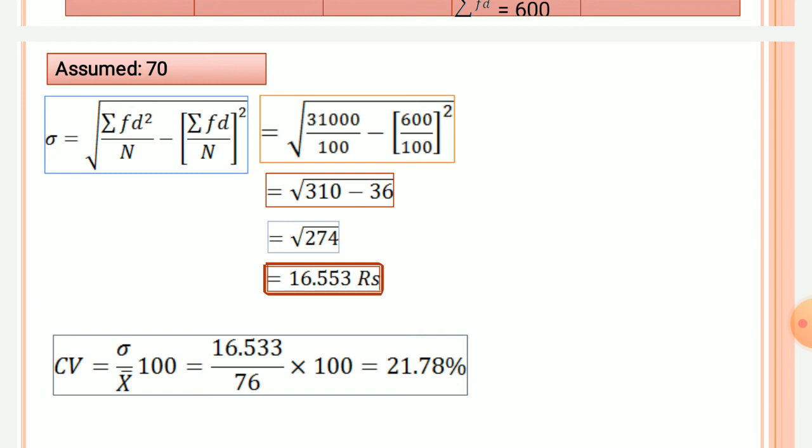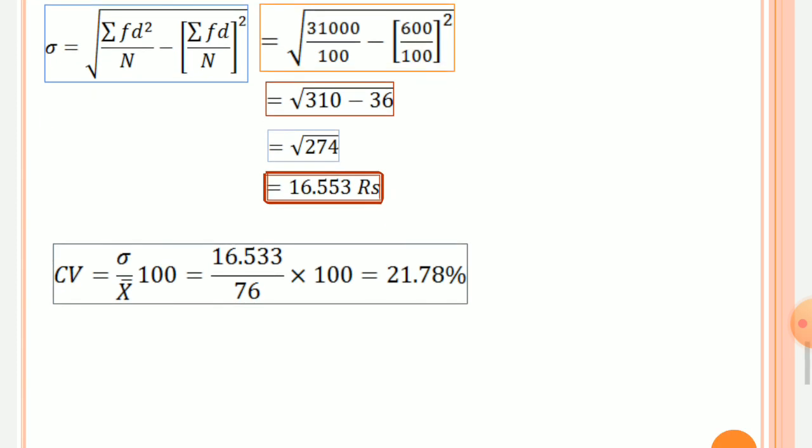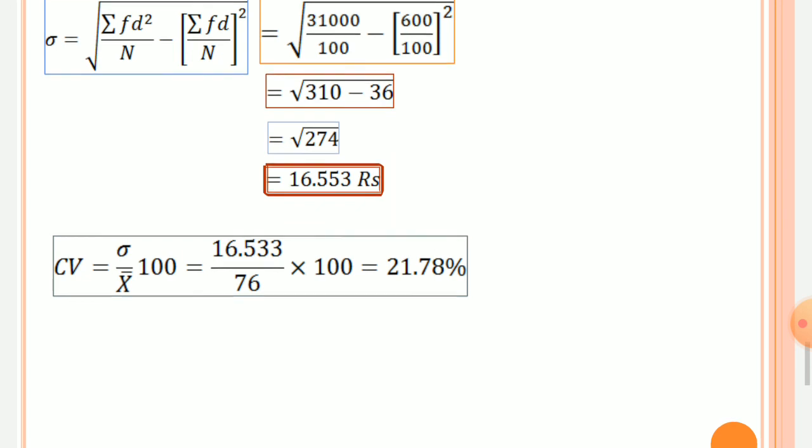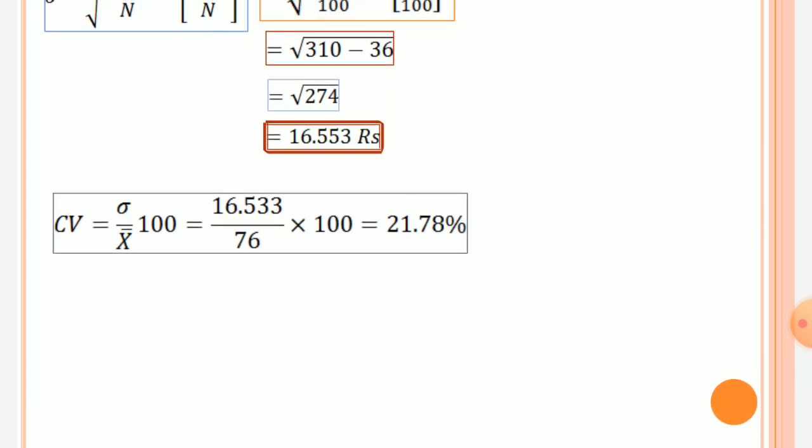Then root 274 is equal to 16.553. Now coefficient of variation is equal to sigma by mean into 100. Sigma by mean into 100 is equal to 16.553 by 76 into 100 is equal to